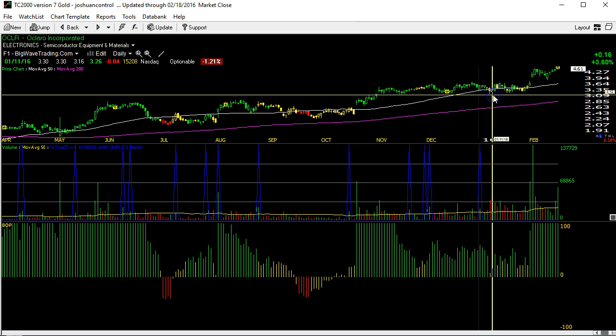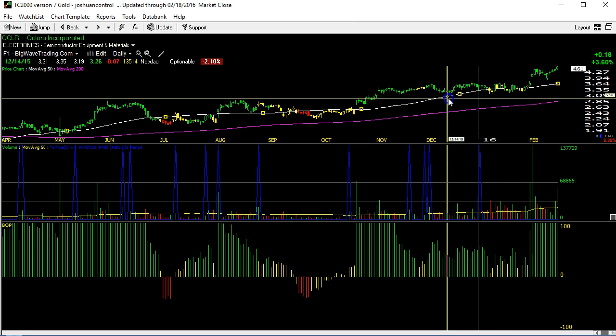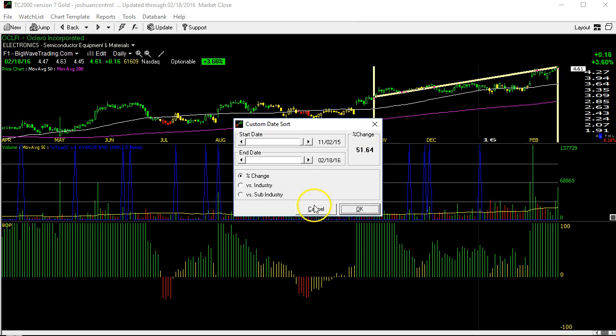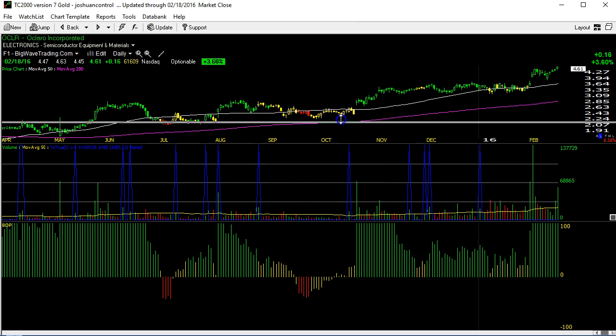Now, I don't know if I would have been taking 316. I probably would have moved my final stop up at 319. So I would have been knocked out of the entire position anyway in January. The whole point is, if this is a market that's anything like '03 to '07, '96 to '99, '13 to '14 for me, we're still long OCLR and we have a 51% gain. So just realize this is a volatile market, and this is why I'm really, really careful, especially in this tape,